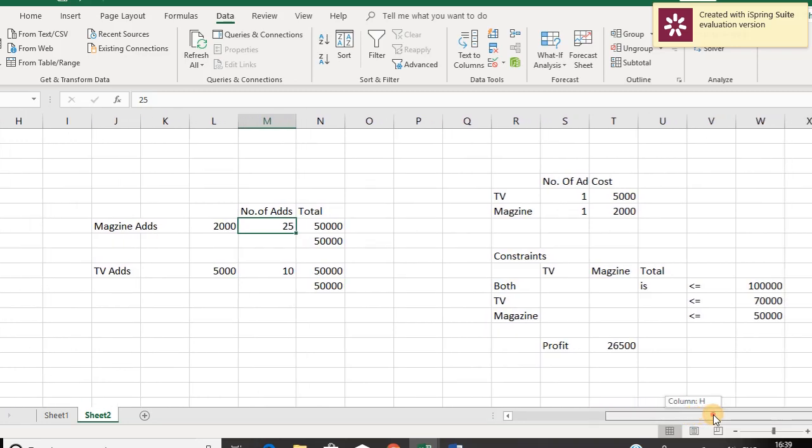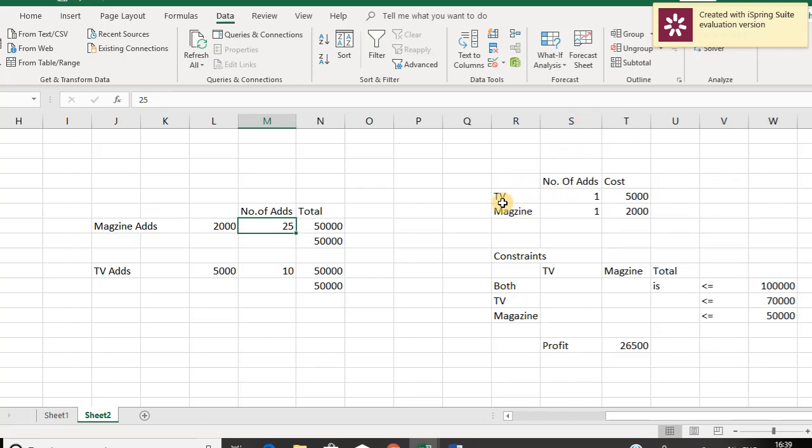In the Solver method, we take the number of ads on TV and magazine, and the cost for each ad. Let the number of ads made on TV be 1, then it costs 5,000. And for magazine, let it be 1 and it costs 2,000. The constraint we have is that both TV and magazine together should be less than 1 lakh dollars. We need to write the constraints: the number of ads on TV equals this cell, the magazine ads equal the magazine cell, and the total amount is